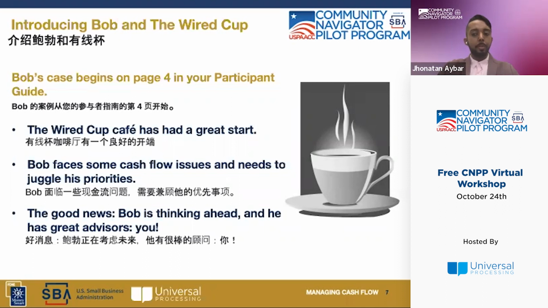The Wire Cup is already popular among students and university staff members and neighbors. Everyone loves the coffee and baked goods. A college dean has started to order croissants for the faculty dining hall, and Bob is building a great business. So this is awesome. Although Bob is super happy with the beginning of his business and everybody is welcoming the services and products that he's offering, he has some concerns. He has not paid himself yet, and he wonders when he can actually do that. This is a question always in the mind of a recent business owner.